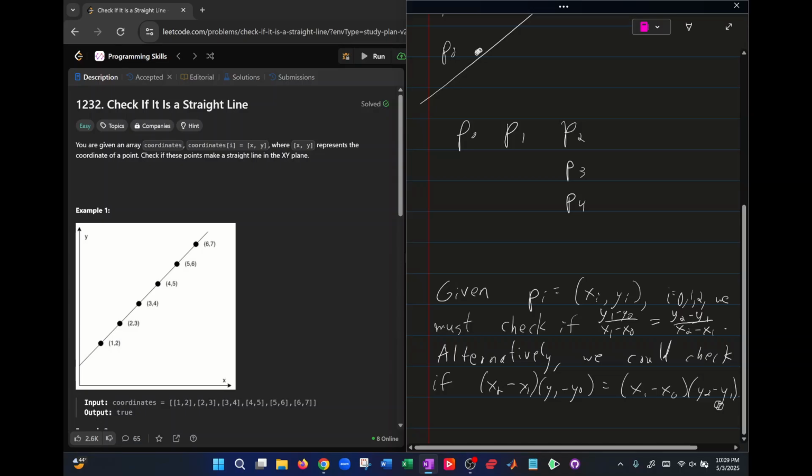The only other possibility would be if points P1 and P2 are equal, in which case y2 equals y1, and so this would be 0. And so if these 3 points lie on the same line and x2 equals x1, then one of these two things on the right-hand side is going to be 0. So, therefore, if the 3 points lie on the same line and this first term is 0,